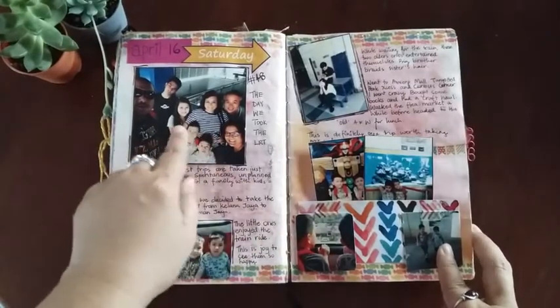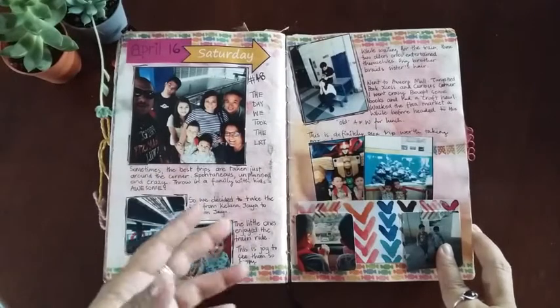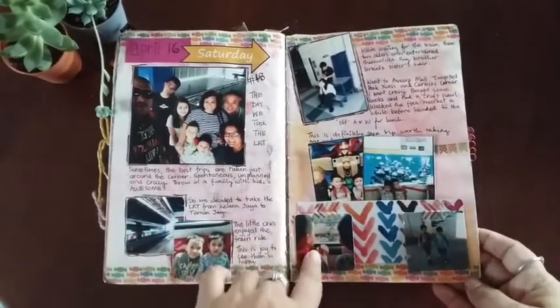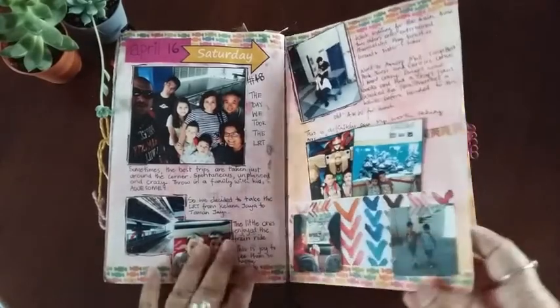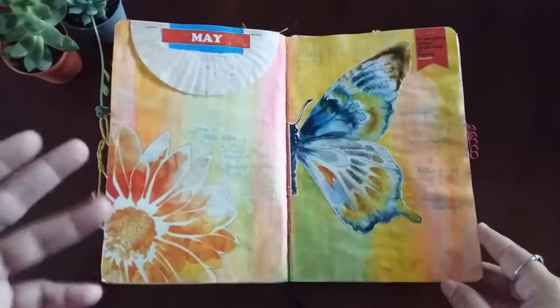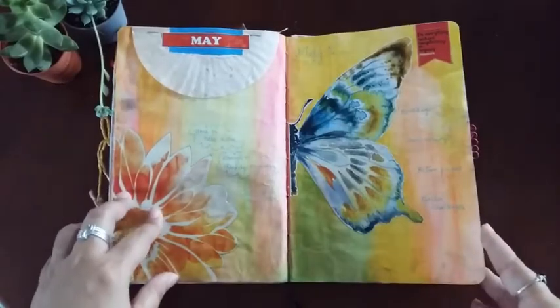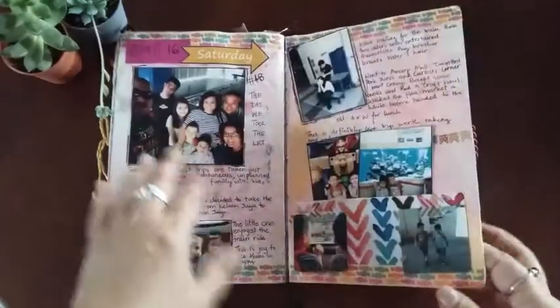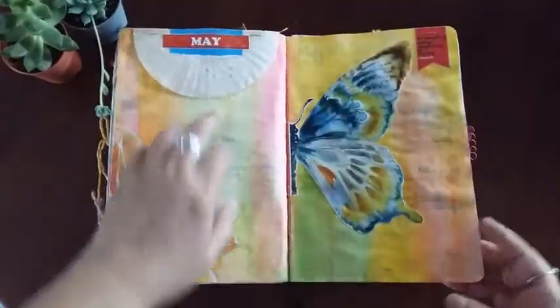And this is April 16, because it was a very special occasion: my brother and his family and myself and my family took a train ride, with my youngest and my brother's son. So it was very nice. It was something to journal about, because we have never been on the train together after a very long time. This is for May,